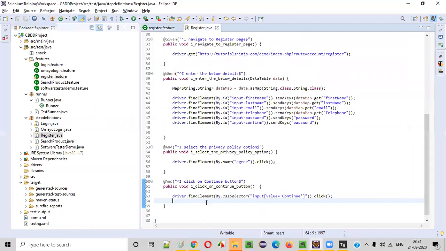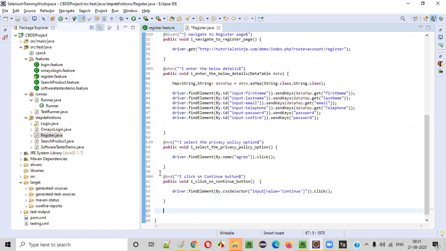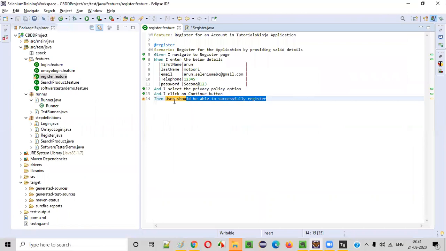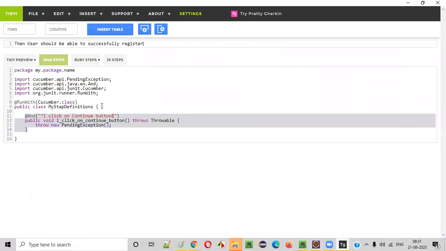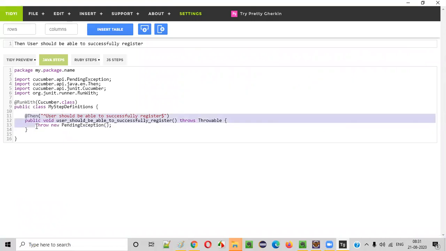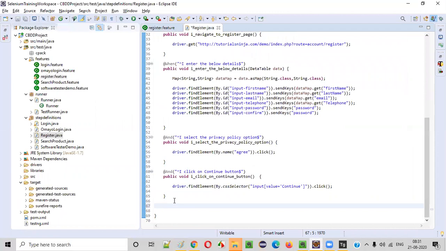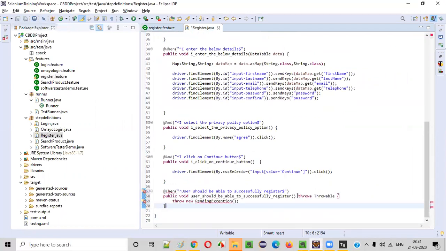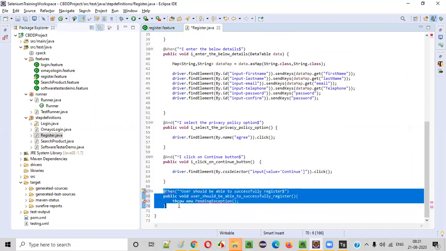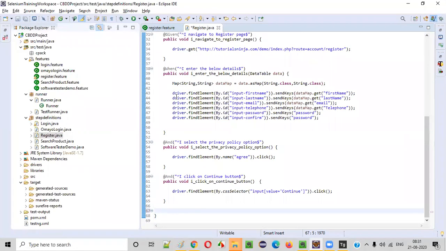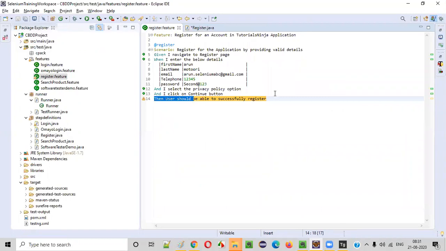Fine. Here I didn't add the last step. So let me add the last step before using that CSS selector. Then I'll go here. So all the repetitive steps, guys, nothing more than that. Then copy this part. Let's complete this scenario. So it will be done. Here, this is the thing. Or else we'll do one thing, guys. We'll not worry about this. We'll write up to here only. We'll remove this step entirely.